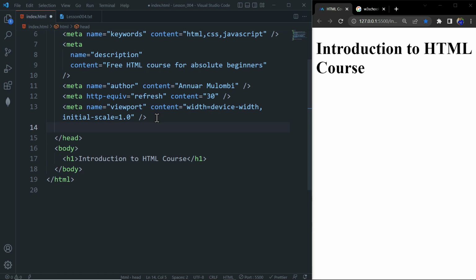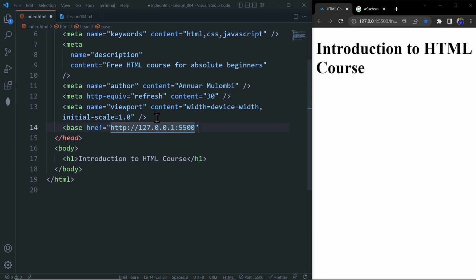So for you to specify, you use the base element, then you give the attribute name of href, then you enter your base URL. For my instance, since I'm using HTTP, that's the local host, that is 127.0.0.1. I'm running my local server on port number